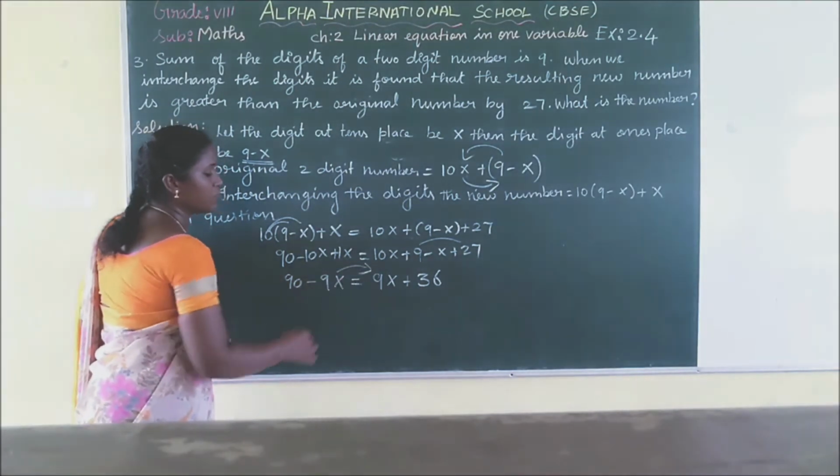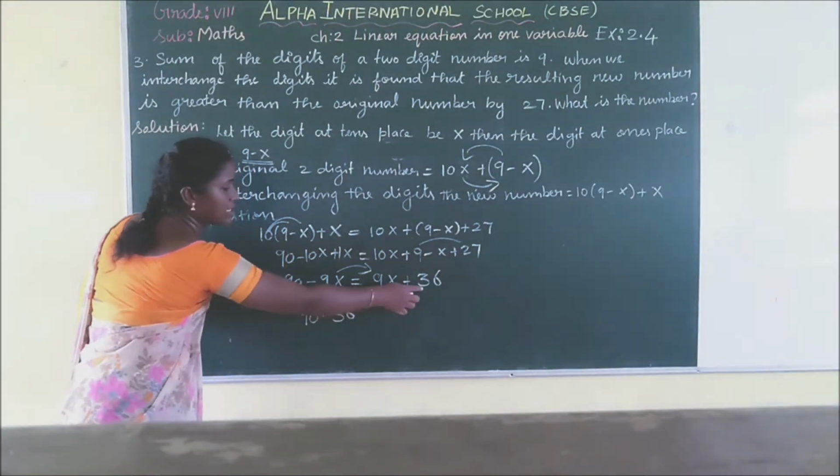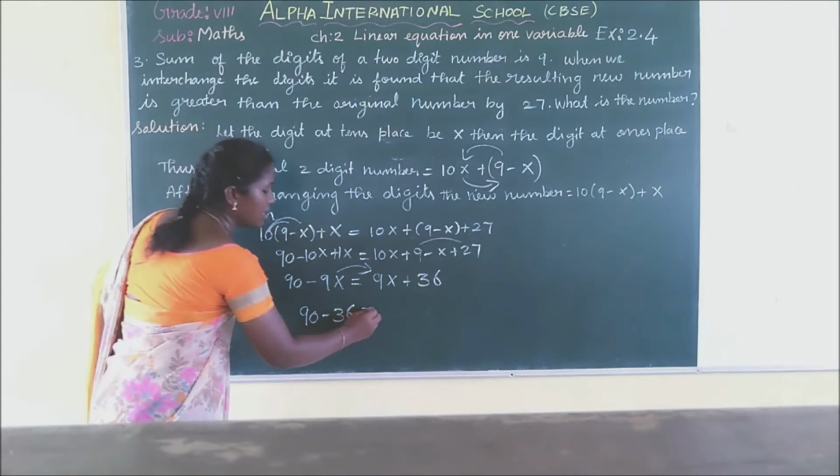Now group the variables and group the numbers. So I am going to shift minus 9x to the other side. So 90 minus 36, 36 comes here as minus 36, is equal to 9